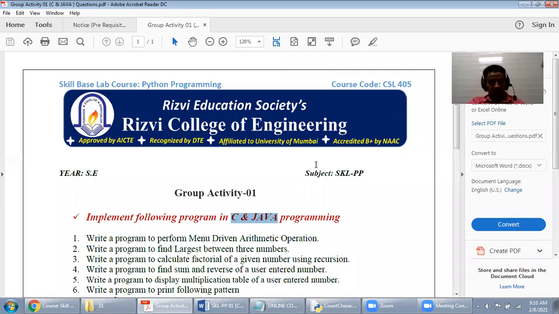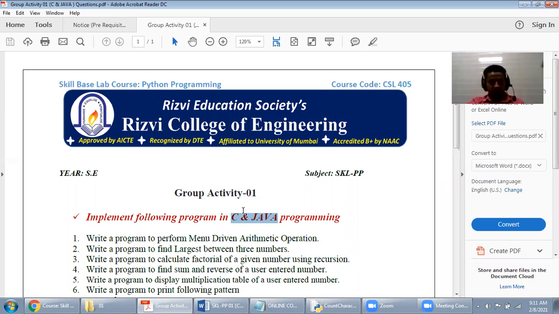So here, as group activity 1, we are going to perform some programs based on these two languages to cover the prerequisite of the subject.